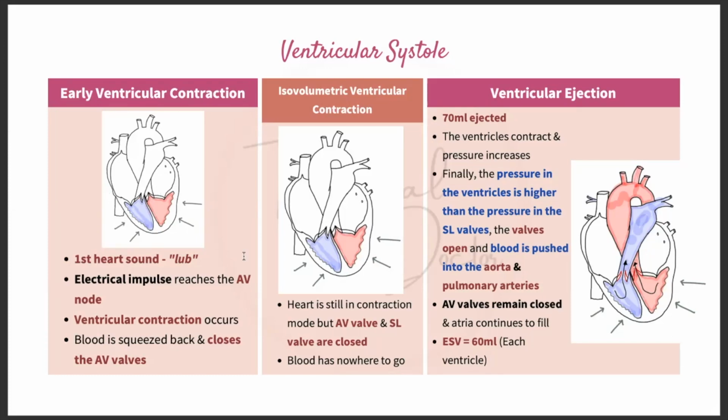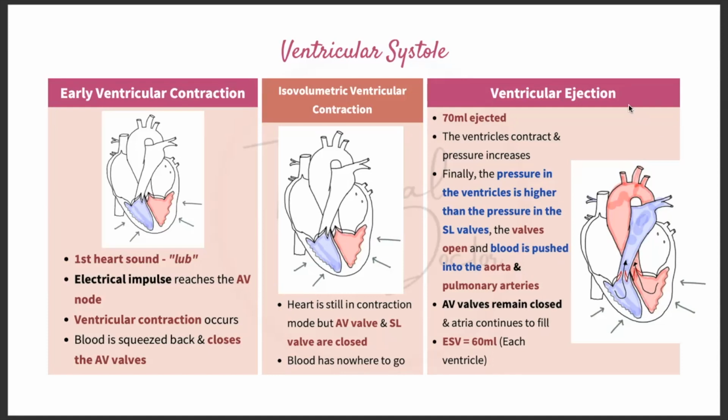Next is the isovolumetric ventricular contraction. The heart is still in contraction mode. Contraction hasn't stopped, the pressure in the ventricles is high, and the blood is not moving anywhere. It's continuously contracting, but the blood can't go anywhere, so the pressure inside the ventricles will continue to build up. Eventually, the pressure is too much for the ventricles, and then we enter the following